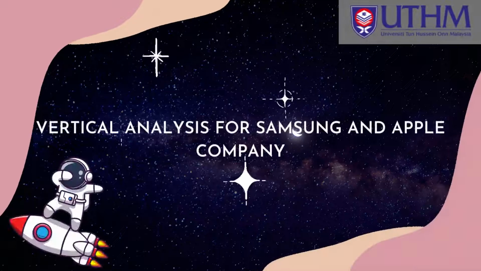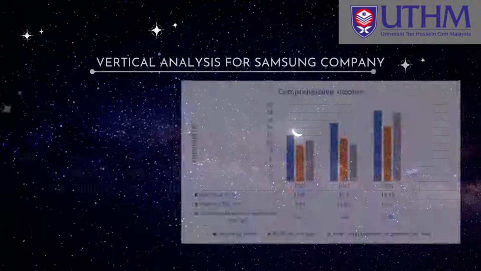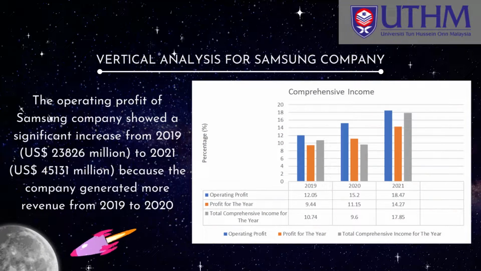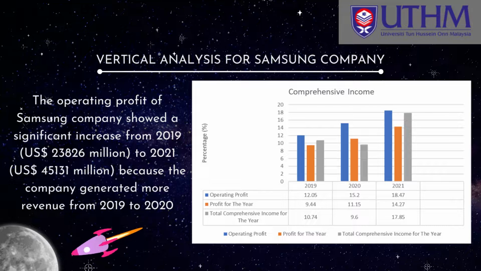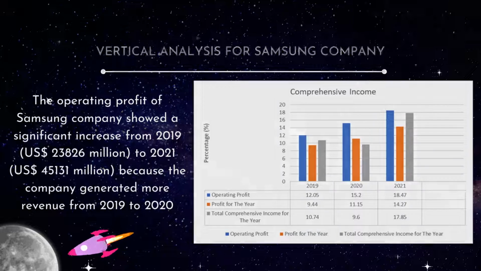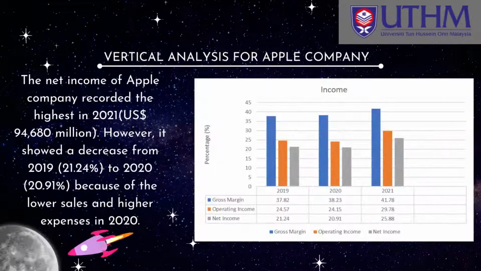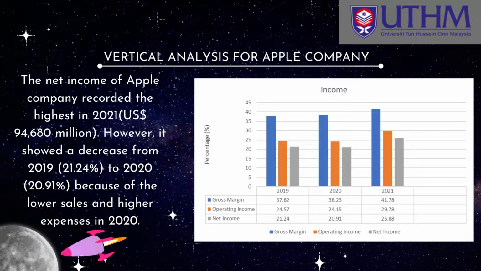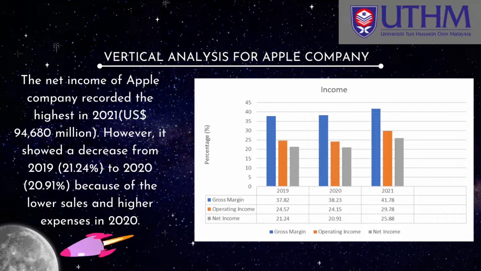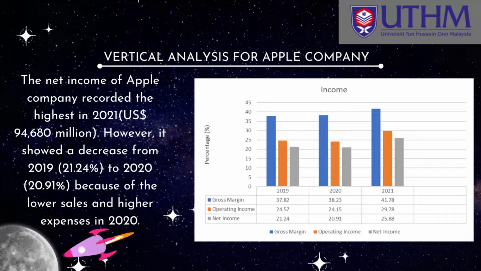Vertical analysis for Samsung and Apple Company. The operating profit of Samsung Company showed a significant increase from 2019, $23,826 million, to 2021, $45,131 million, because the company generated more revenue from 2019 to 2020. The net income of Apple Company recorded the highest in 2021, $94,680 million. However, it showed a decrease from 2019, 21.24%, to 2020, 20.91%, because of the lower sales and higher expenses in